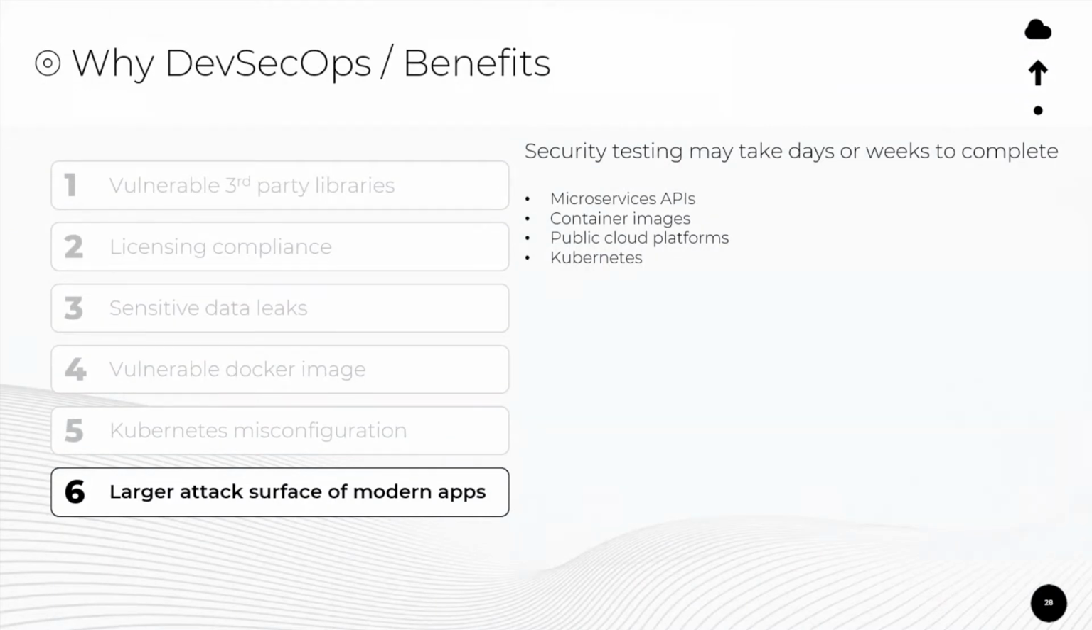All right. And then the last one is the larger attack surface of your modern apps. Now the security testing, like I said, could take days or weeks to complete, right? Depending on, for example, you're using microservices, APIs, container images. You have your environment in public cloud platforms. You're using Kubernetes. So there's a large attack surface when it comes to modern apps, and that's where